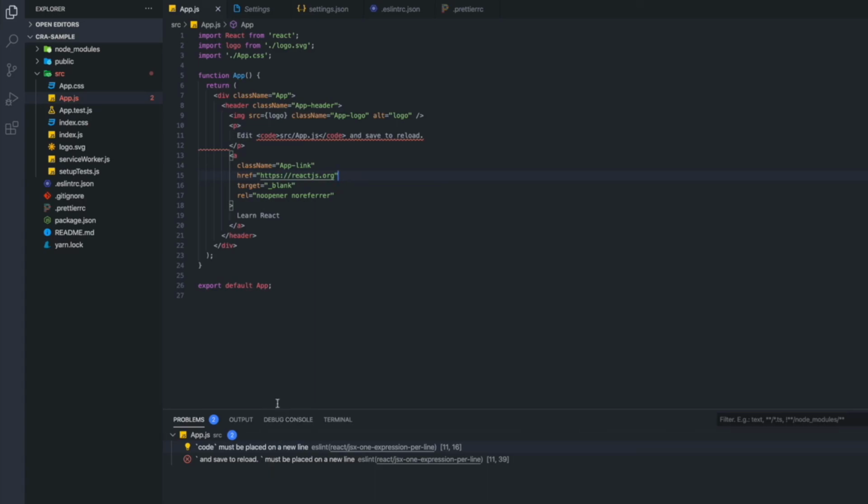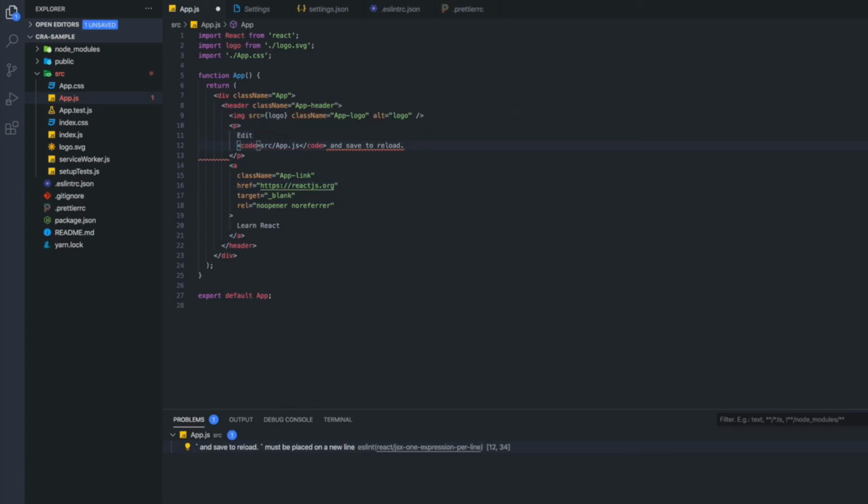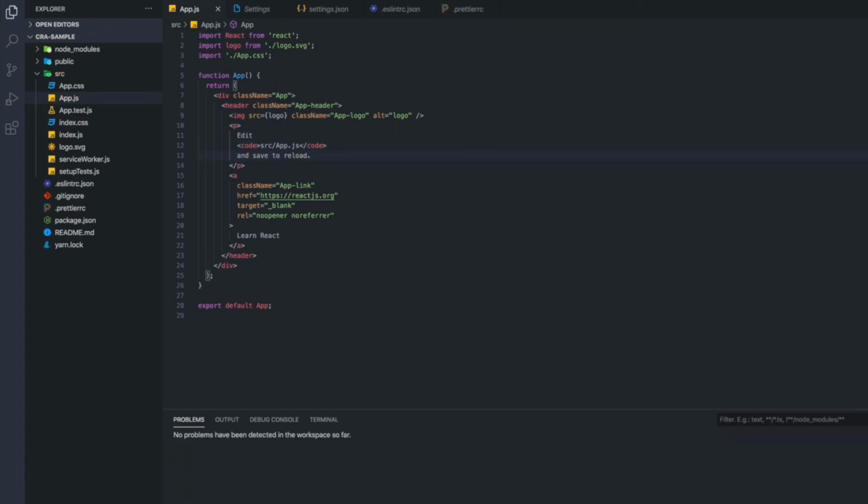So this error here, let's just get rid of it. It's telling us to put this on a new line, and that gets rid of one error. And then we do the same thing here, and it's all working fine. We now have set up ESLint with Prettier as well as the Airbnb style guide, and we're ready to